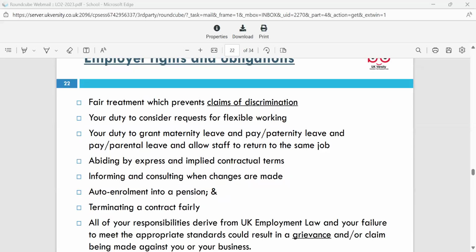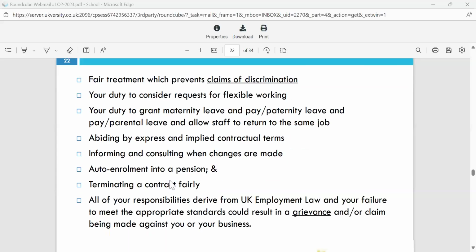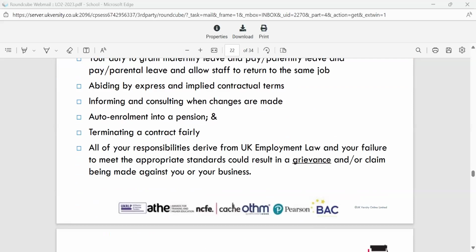Also abiding by express and implied terms, informing and consulting when changes are made, pensions, termination of a contract. These are all responsibilities of the employer, and these are part of the UK employment law. That they provide a safe working environment, that they pay minimum wage, that they provide pay slips, and they provide holiday entitlement, maternity and paternity pay, that they provide a written contract, fair treatment, so that they protect any sort